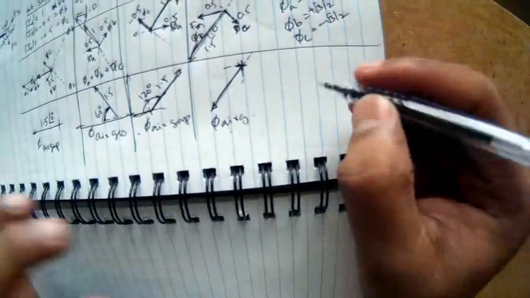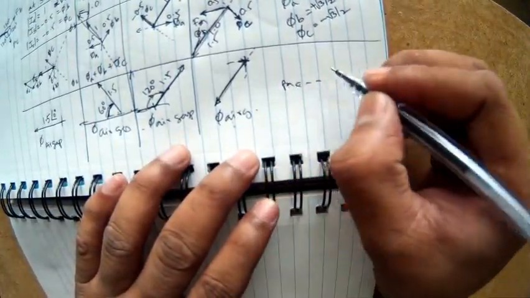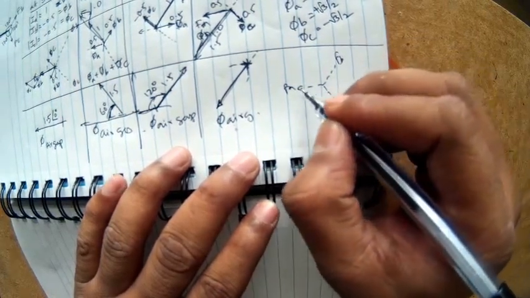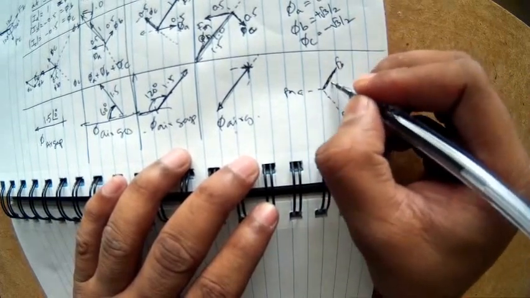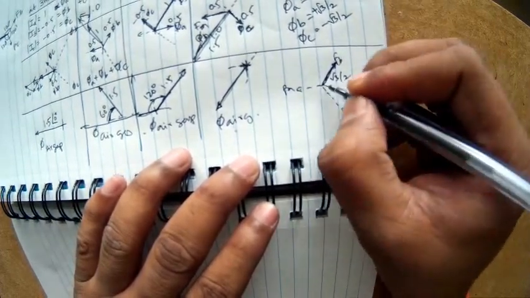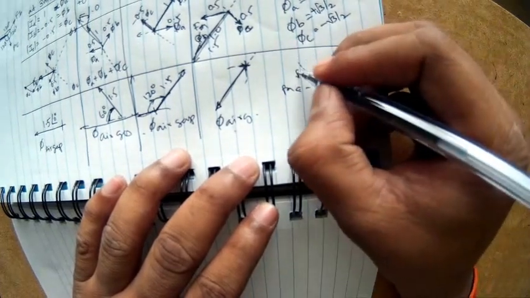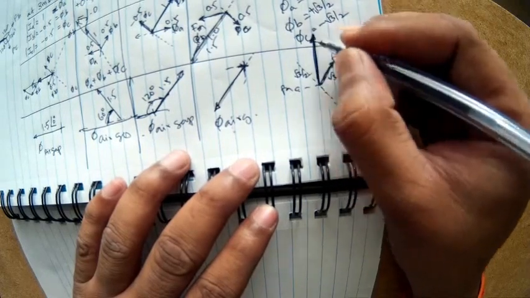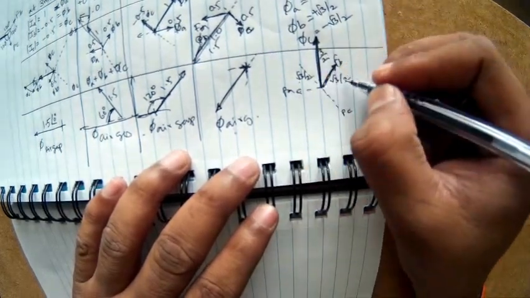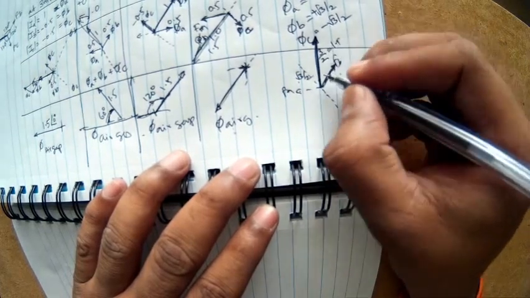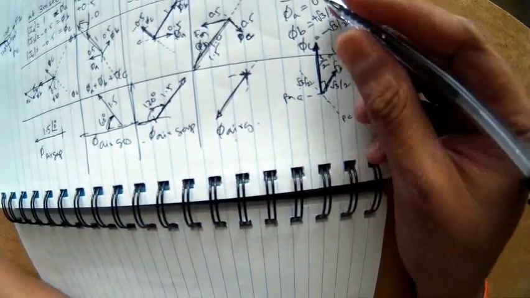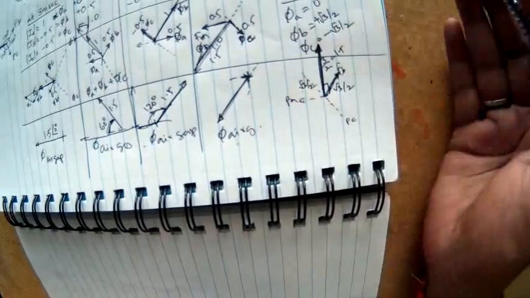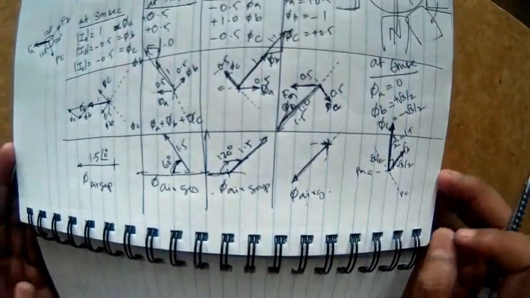Therefore, if I take the directions, this is FA, this is FB, and this is FC. Now FA is 0, so I don't worry about this. This length is root 3 by 2. Now FC is negative, so I take the opposite direction, and again root 3 by 2. If I take the vertical line, this will be actually 3 by 2. So root 3 by 2 plus root 3 by 2 becomes 3 by 2, that is 1.5. And the angle is exactly 90 degrees as we predicted at 6 milliseconds. So every millisecond, the magnetic field is rotating by 30 degrees. So we are getting a rotating magnetic field.